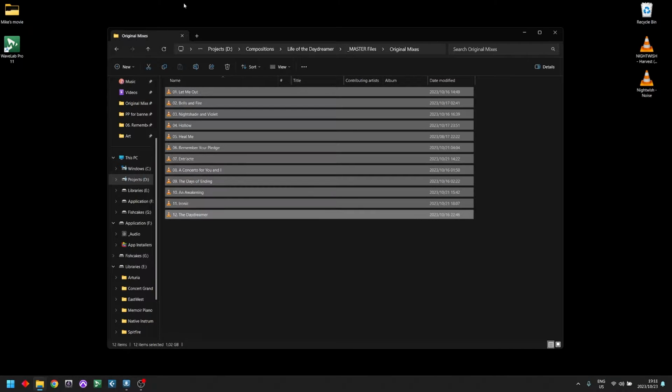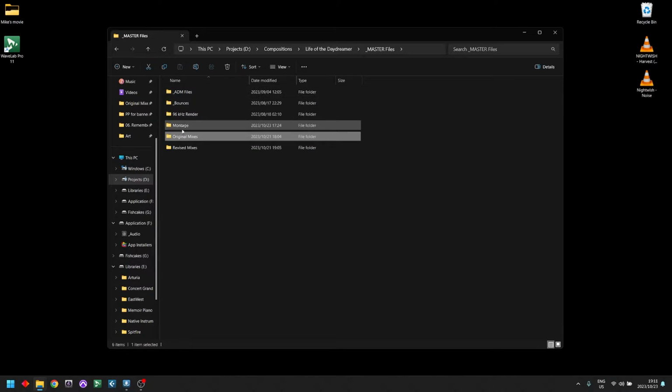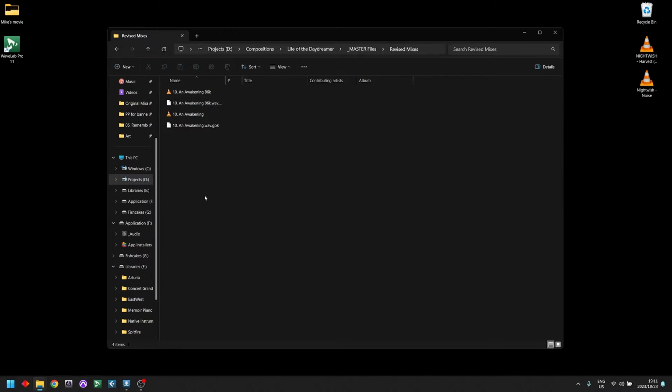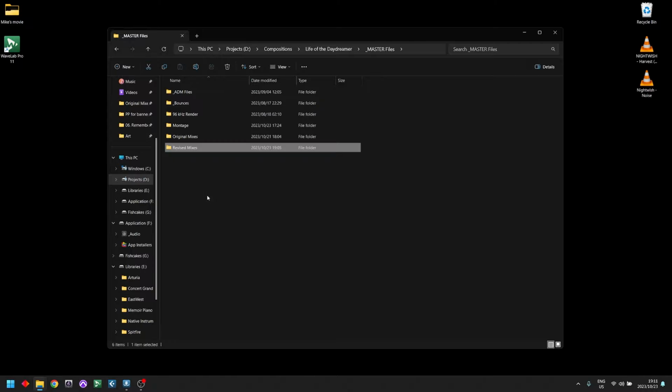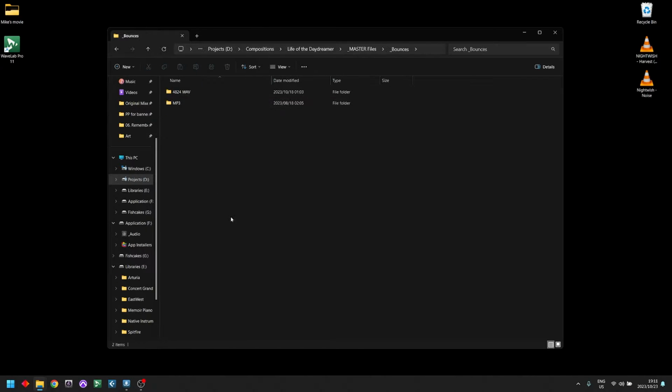The original mixes that have been done, and then over here we have revised mixes. So these are the mixes after the final mix was done, and then revised mixes. I have mixes that I redid, and there's a long story behind these, but I'm not going to get into that. Then obviously we need to get the bounces that we're going to get our masters for,